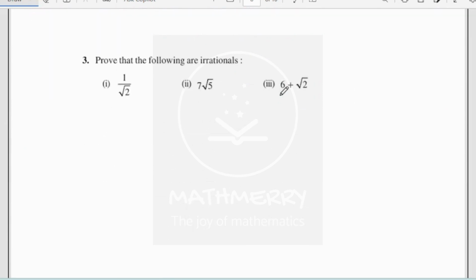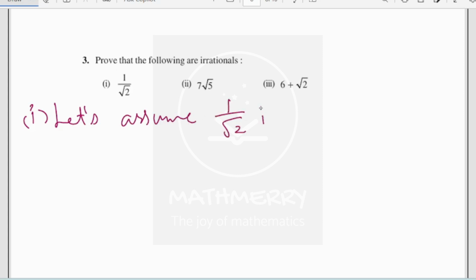Now moving to the third question, we have three sub questions: 1 by root 2, 7 root 5 and 6 plus root 2. So let's start with 1 by root 2. We have to follow the same methods only. So starting with sub question 1, let's assume